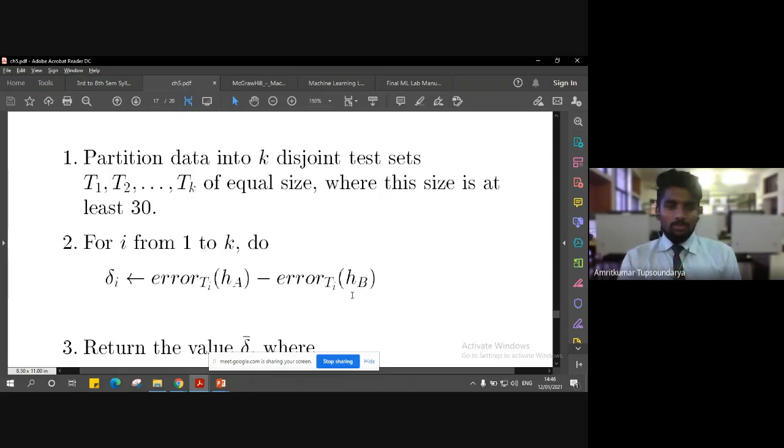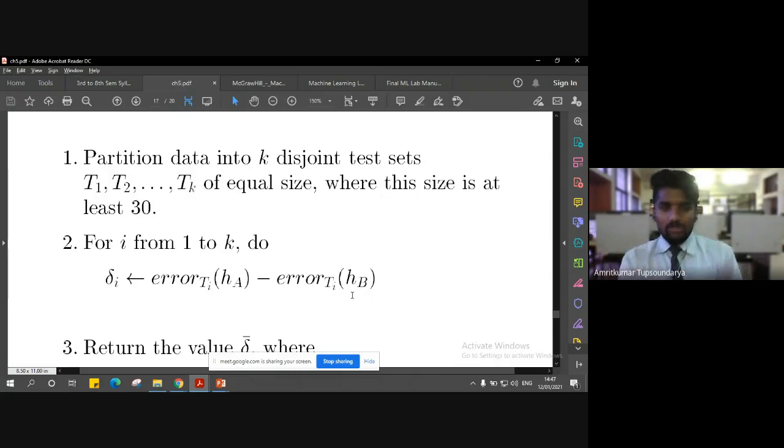But the point here is to note the difference, or the delta value, for each of these iterations for these test sets. So not just the test set of that particular hypothesis, but the other hypothesis also, right? So for hypothesis A, we are going to compute the error Ti for the hypothesis Ha, and also the error Ti for the hypothesis Hb.